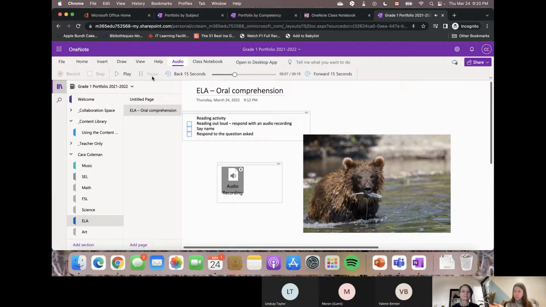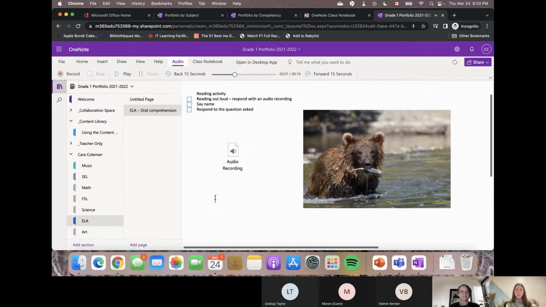So she can listen to it and she goes, okay, the teacher told me that I have to tell her if it's a young bear or an old bear and what it's eating. So that same student, if this is in kindergarten or grade 1, you might have to sit down with them, take them to this audio and hit record. Maybe when you're in grade 2 or 3, they'll know that by now if you're using portfolios, but then the student can actually go and record themselves and say,